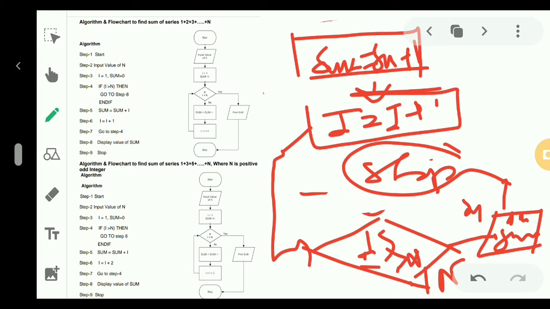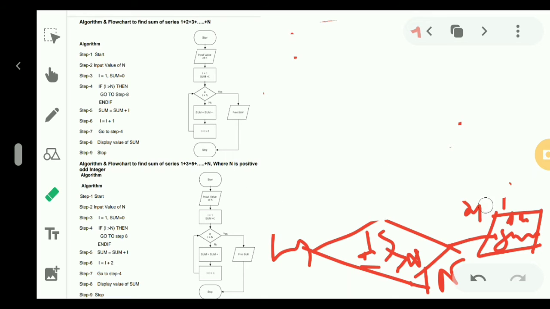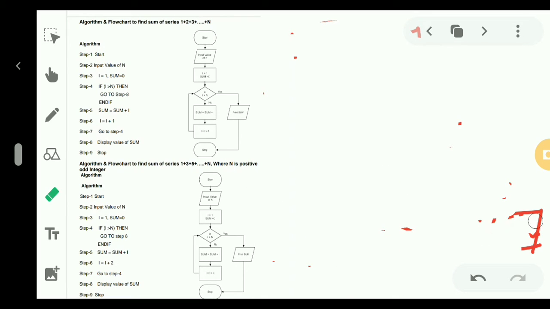Now we are moving to the next value. Here we will be adding all the odd numbers series. Previously we were adding all the numbers from 1 to n, but in this part we are adding all the odd numbers. So it means in the previous logic we will have to check what is the odd number, checking must be there, and after this checking we will move forward.